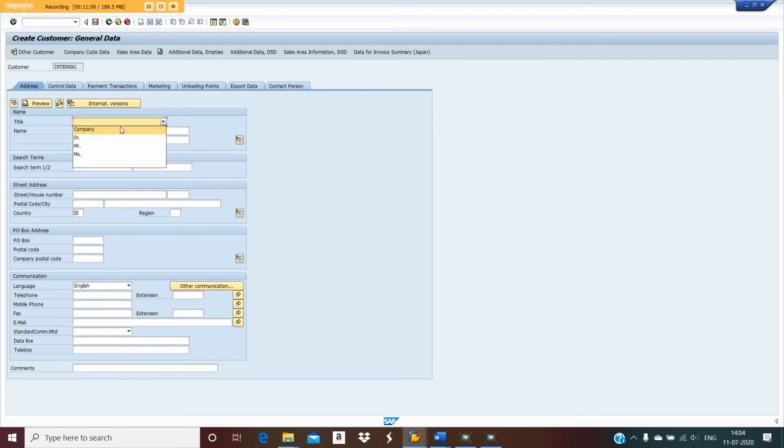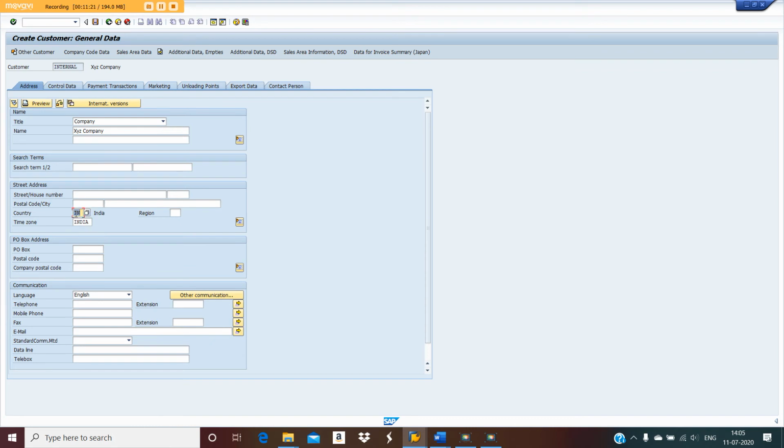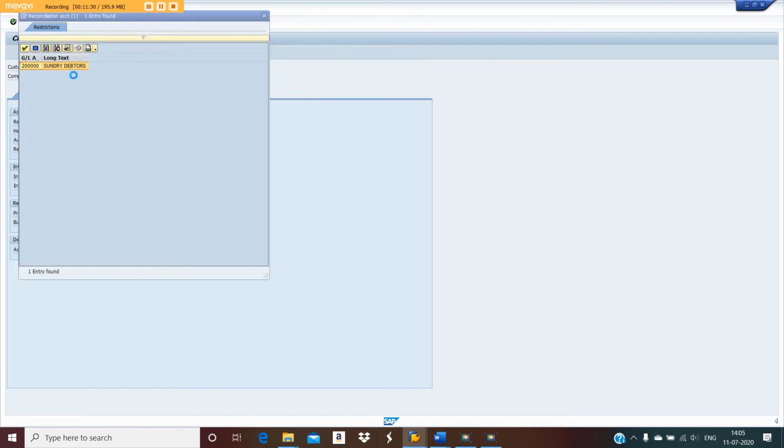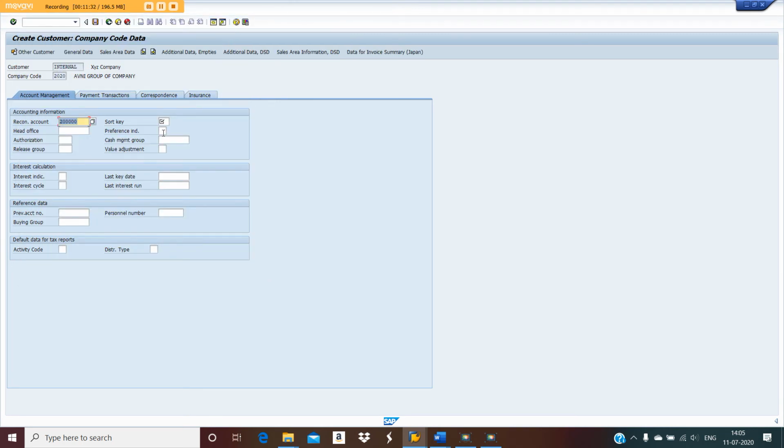Now select company and give XYZ company. Then give the search term, street, number, all those things. Entry IN, press enter. Now click on company code data, then reconciliation account, press F4. This is sundry debtors.